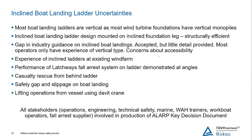So there are a number of uncertainties, and different stakeholders had reservations about incline boat landings, because partly most boat landings at the time were vertical and have been fitted to vertical monopiles, which is the sort of typical foundation design at the time that you see. The most efficient method of attaching a boat landing to a vertical monopile is a vertical boat landing. Ergo,